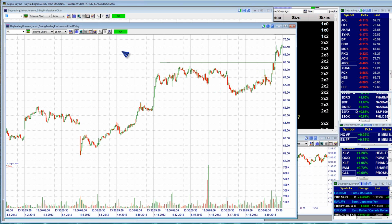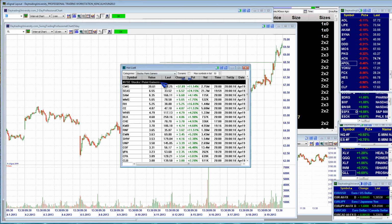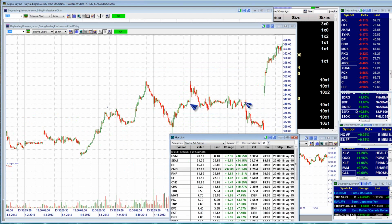So does everyone see the hazard of, and I've never revealed that in any of my other events before, the hazard of just blindly using leaderboard scans? Many of these would be disqualified because of previous choppiness of price action. This one's a little better than the others, but it's still sideways enough